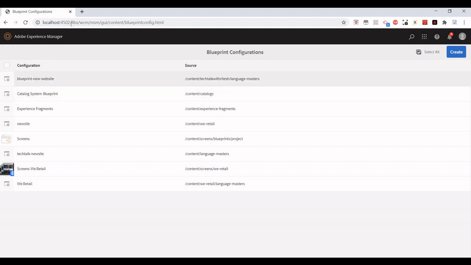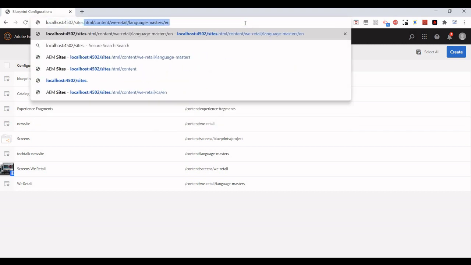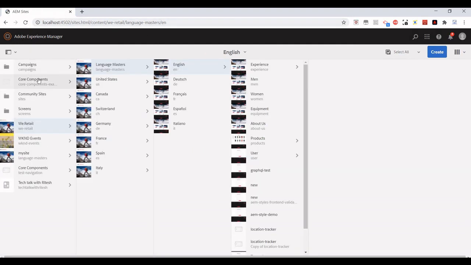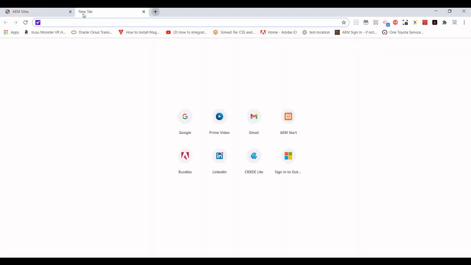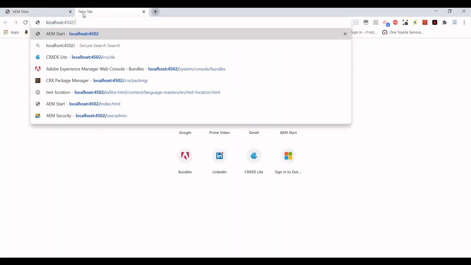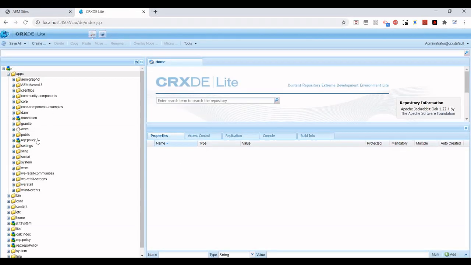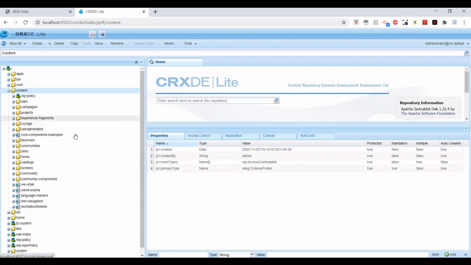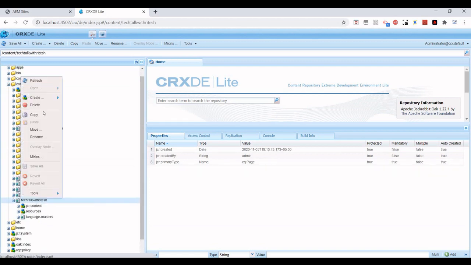Now how can we use this blueprint? Just go to sites.html again. For example, you want to create a new folder where you want to create a new website. So let me just open CRXDE. Within my content, I have this Tech Talk with Ritesh.